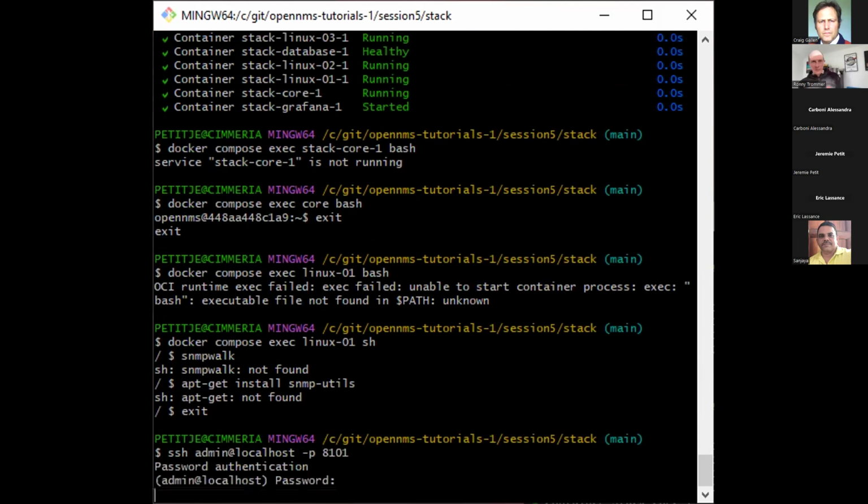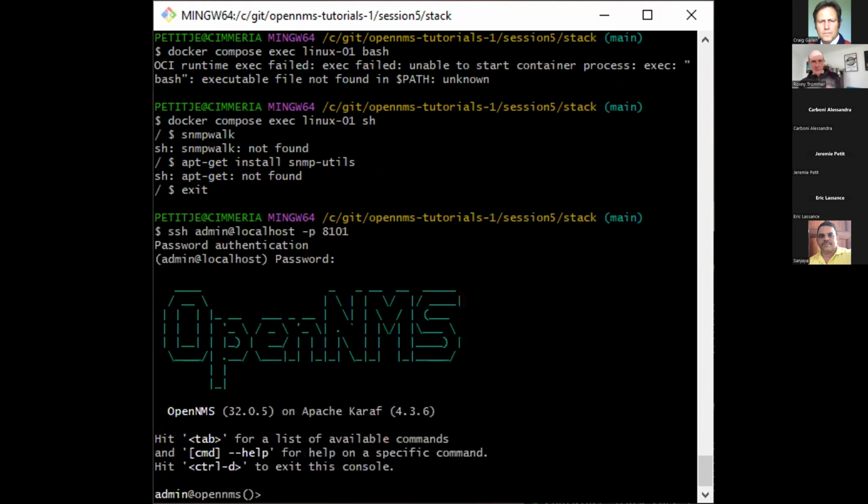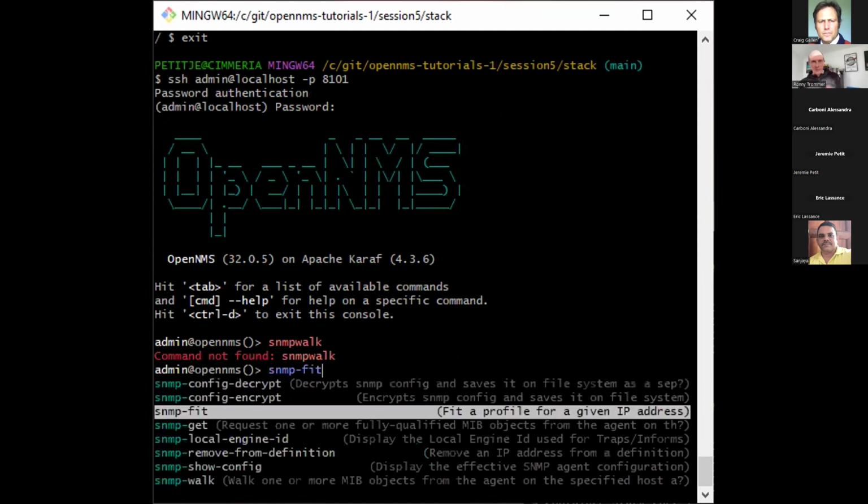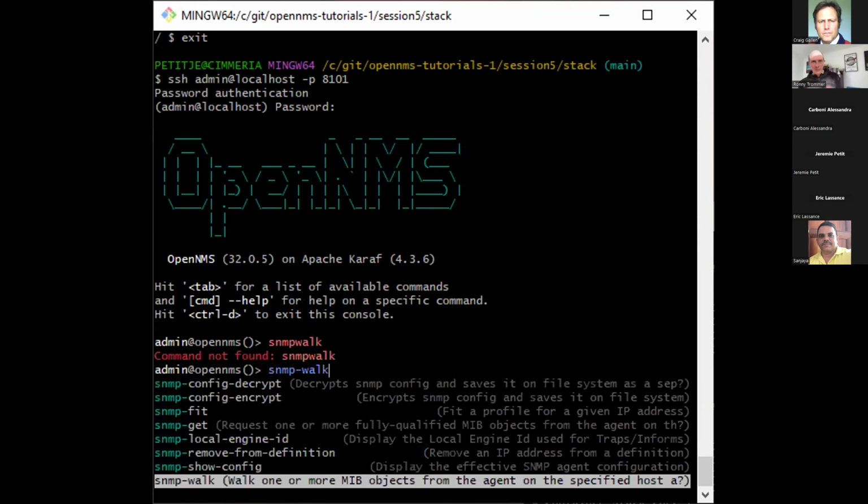The password is the same as the admin password, which is by default admin, and then you have an snmp-walk command. You just hit the tab key. It has an autocomplete. So just type snmp and hit the tab key, and then you will get suggestions like snmp-walk.